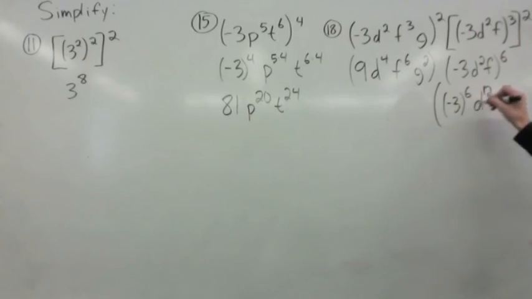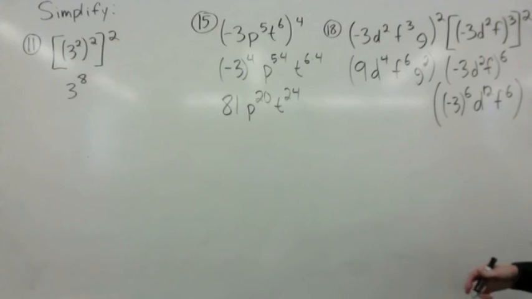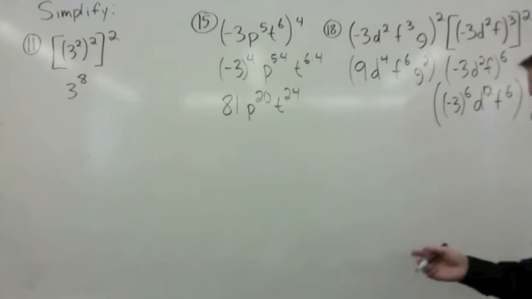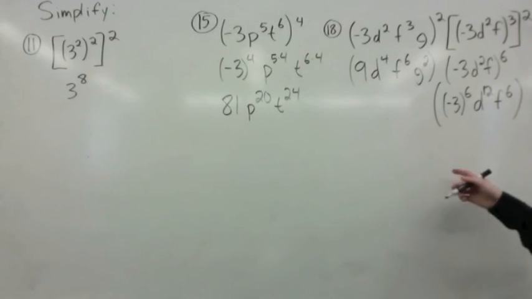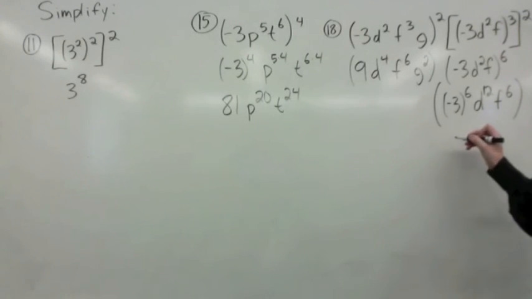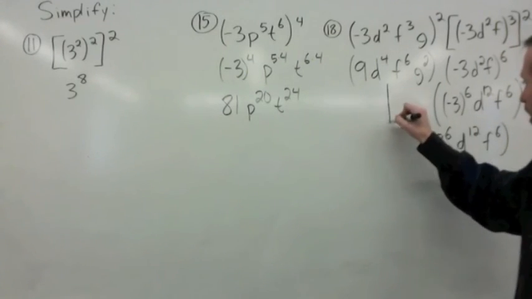So that's this part. Let's go ahead and simplify it further. Negative 3 to the 6th. That's going to be the same thing as 3 to the 6th. I don't really have a need to go further than that. If you want to be technical, 3 times 3 times 3 is 27, times 3 is 81, times 3 is 243, times 3 is 729. But it's not really necessary. So we're just going to make it 3 to the 6th, d to the 12th, f to the 6th. And we're multiplying that by